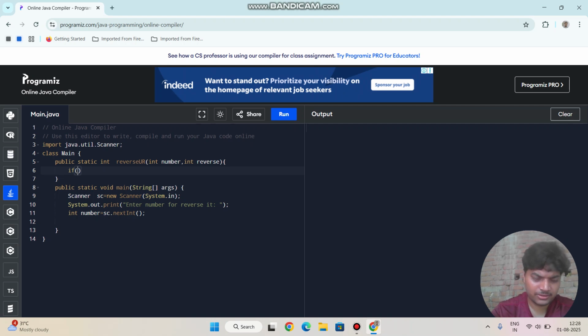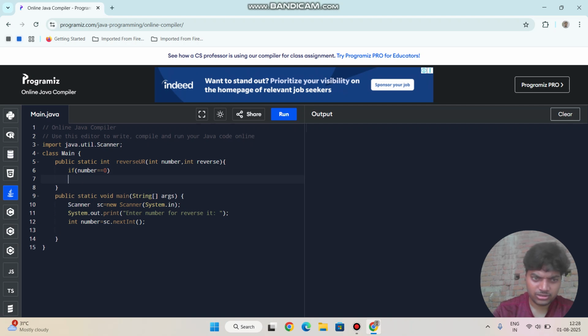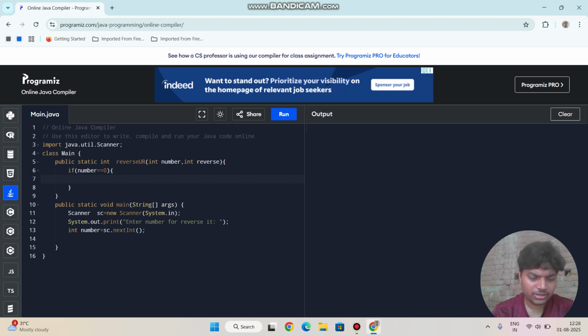If a number is equal to 0, then it needs to return reverse, because I will take the reverse parameter in the main function. Initially I will take 0, so it will return reverse. It means if I enter 0, then it will print 0.